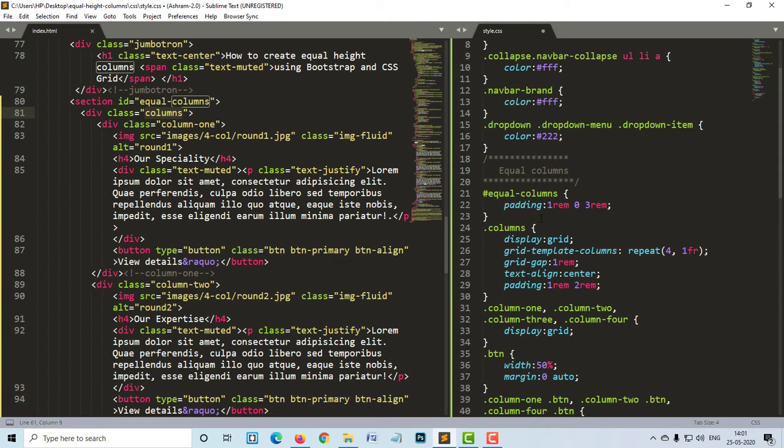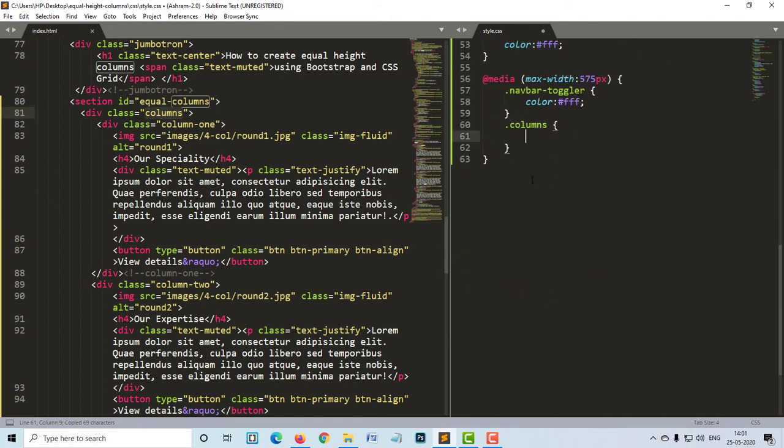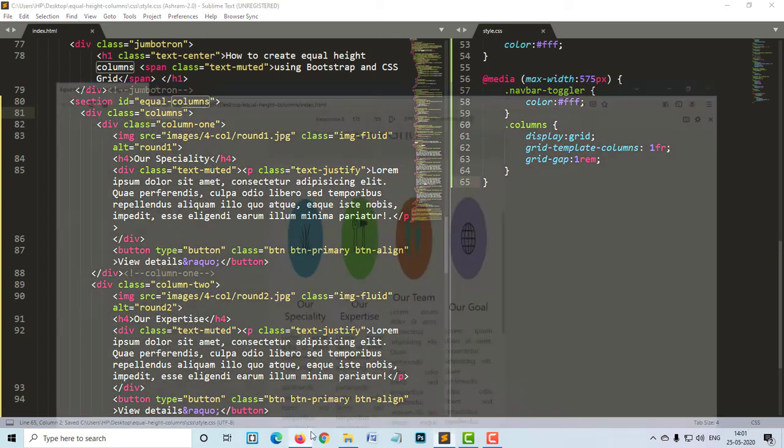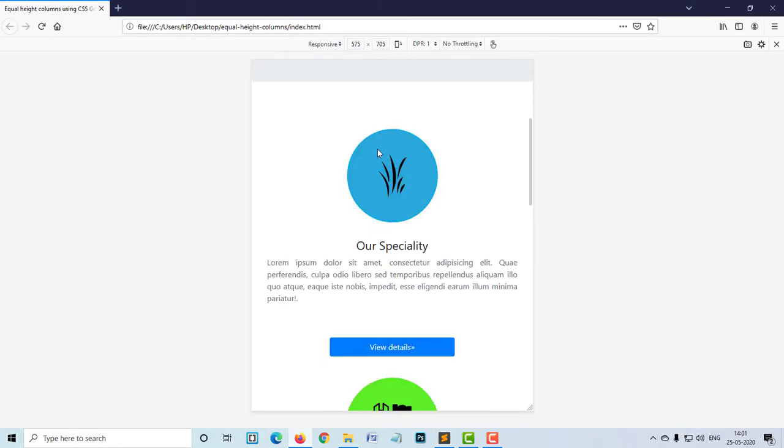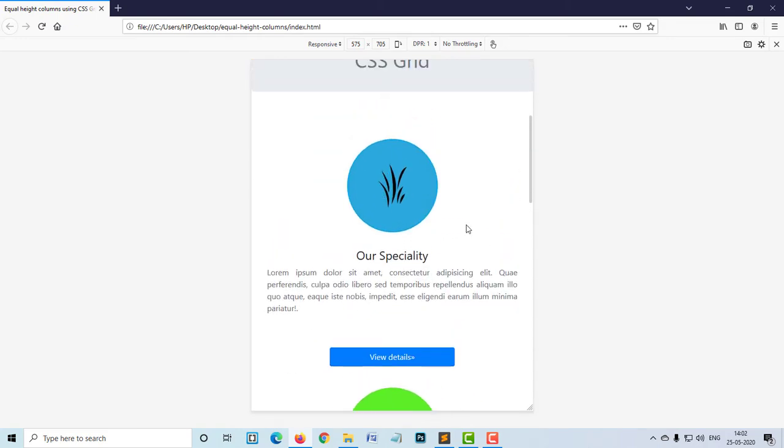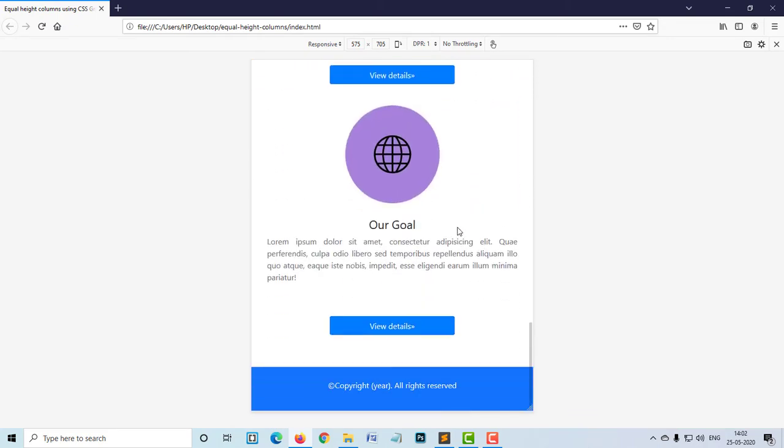And as you can see, we had set display grid and grid-template-columns 4 in the full width, whereas here in the smallest viewport, we need to slightly change that. The grid-template-columns, here we will say only 1fr, that means a single column instead of 4 columns. If I save this now and then come and refresh, now you can see it has changed to 1 column per row.